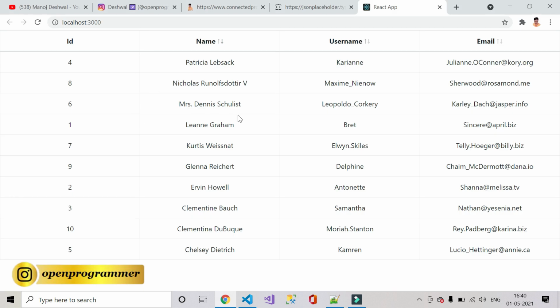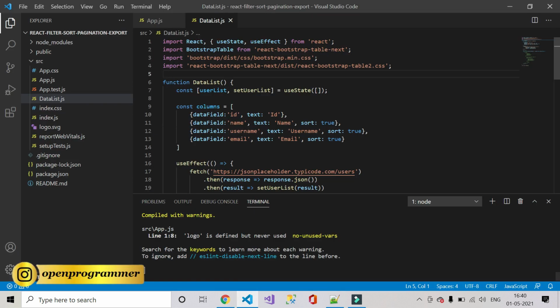Now we'll use pagination. For pagination we have to install a package. So go back to VS Code. So for pagination, this is a package, React Bootstrap Table 2 Paginator.